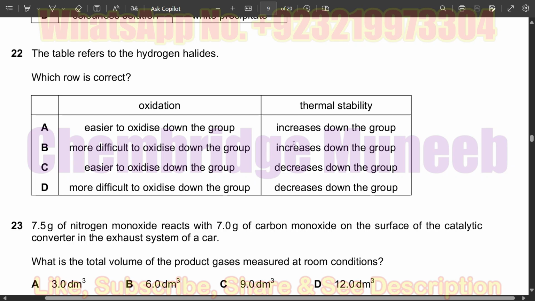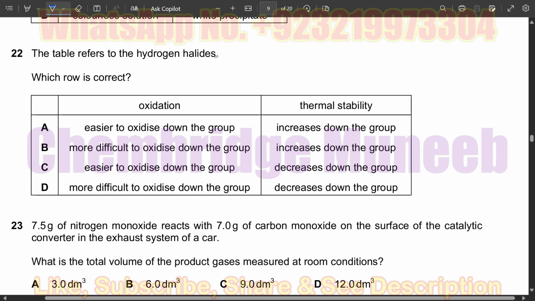Now this is our next question. Question number 22. It states that the table refers to the hydrogen halides. Which row is correct? So going down the group, the oxidation of the halides, we have to discuss about the